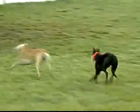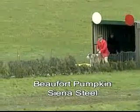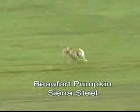a winner at Newcastle West by Patrick Galvin and trained by Jodie Thompson, and in the white is Sienna Steel owned by John O'Donoghue and trained by Jerry Holian. Red Beaufort Pumpkin, white Sienna Steel. Beaufort Pumpkin just leads, but now quickly headed by Sienna Steel as they climb, and up to the halfway point